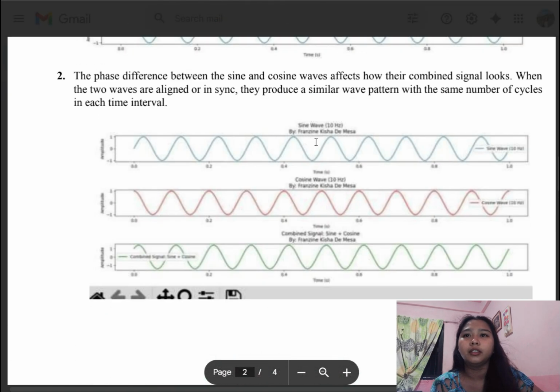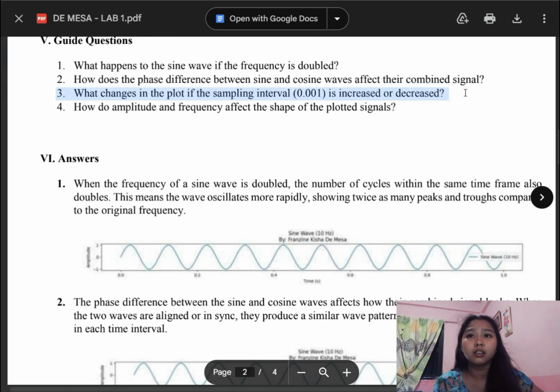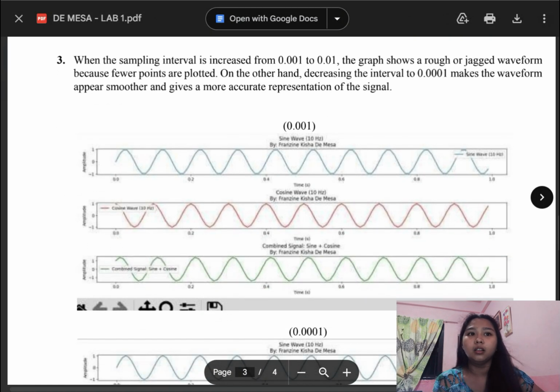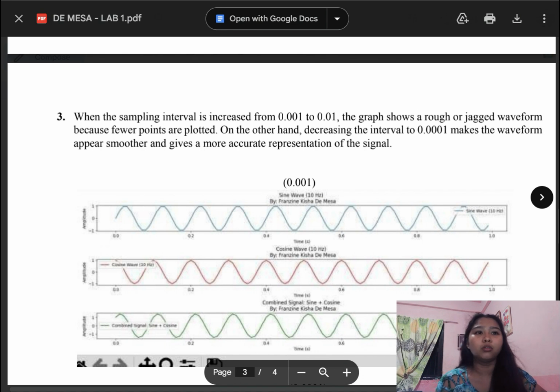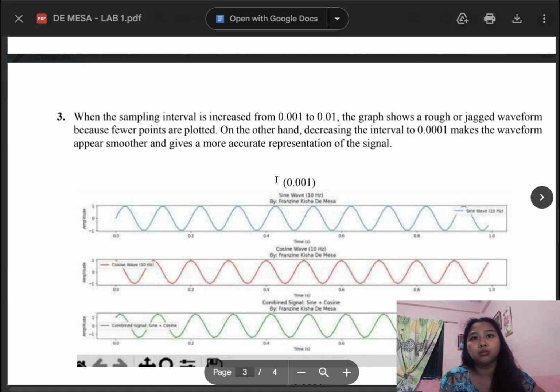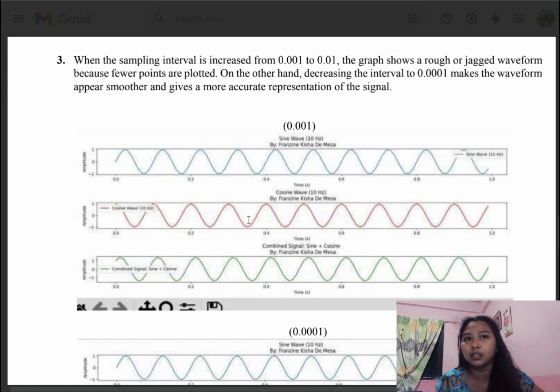For the third question, what changes in the plot if the sampling interval of 0.001 is increased or decreased? In my code, I used a sampling interval of 0.01. If I increase the interval, fewer sample points are plotted, making the graph look rough or jagged. But if I decrease it to 0.001, the wave becomes smoother and more accurate since more points are used to represent the signal. As you can see here,